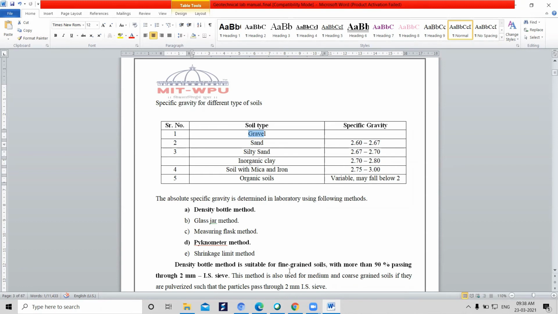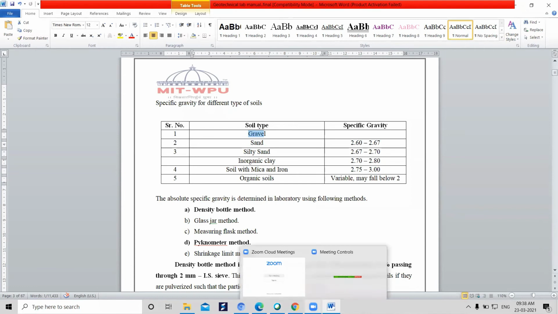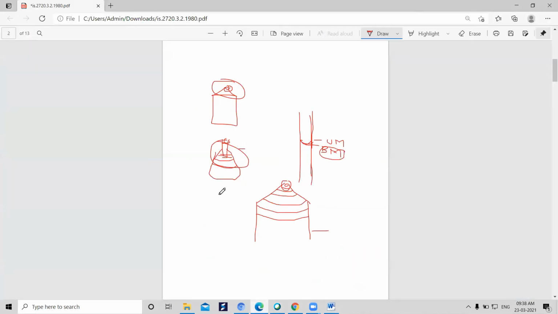This I will draw over here. Please understand. The sand particle is about this size. Gravel will be this big, sand this much. Then we come to the microscopic: this is silt, this much, and clay this much, very small. So one thing to observe here, as the particle